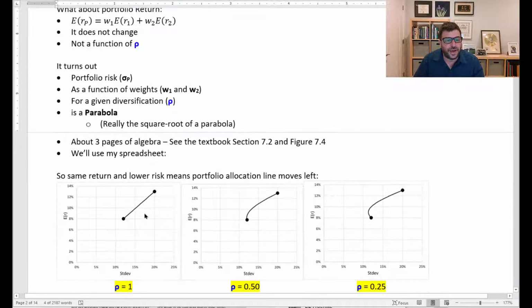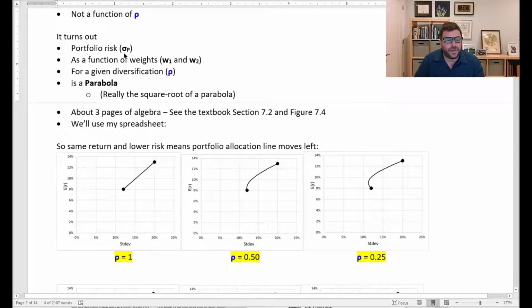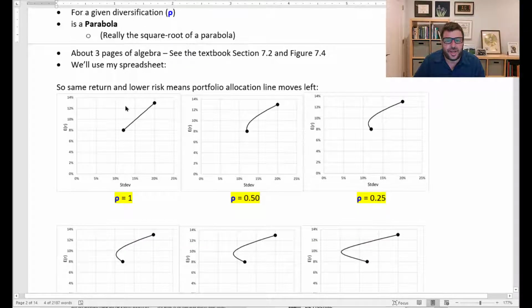It turns out portfolio risk, sigma p, as a function of the weights, W1 and W2, for a given level of diversification, rho, is a parabola. It's really the square root of a parabola. There's about 3 pages of algebra in the textbook that goes through this. We're just going to use a spreadsheet. And here are some